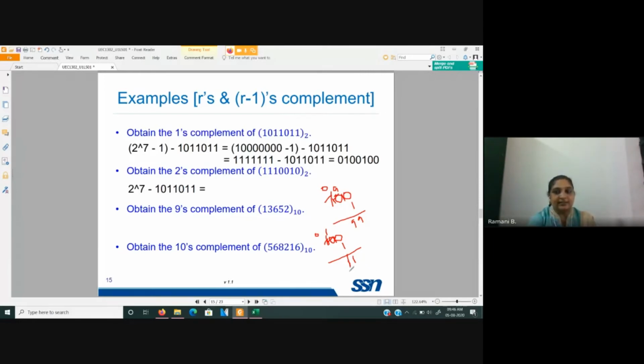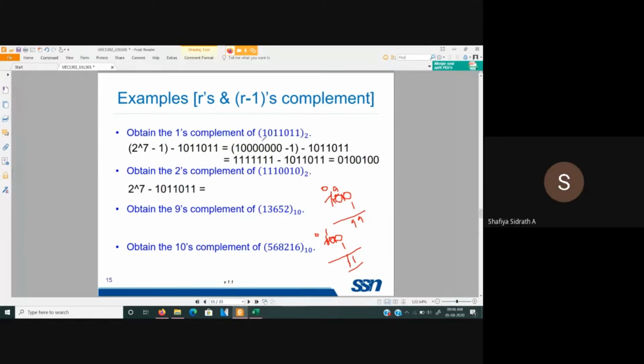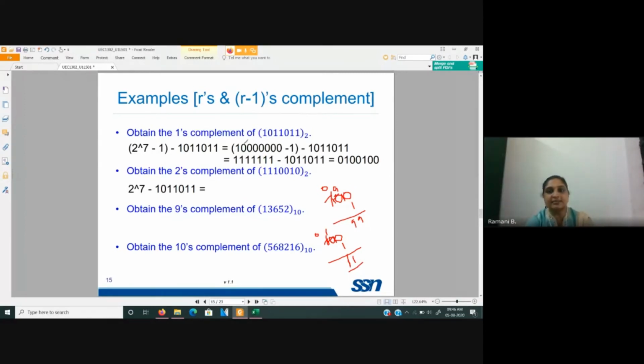Okay, now you understand? Yes, ma'am. As this is in binary system, here I am having 1 followed by 7 zeros and I am subtracting 1 from it. So 1 digit I will be dropping out, and I will be having all ones. This logic will be applying over there. The same applies for all other bases also. Like with decimal, you got 100 minus 1 to be 99. Similarly, if you are doing the same way for octal, you will be having the result as 77.